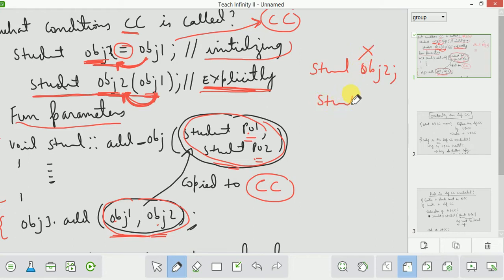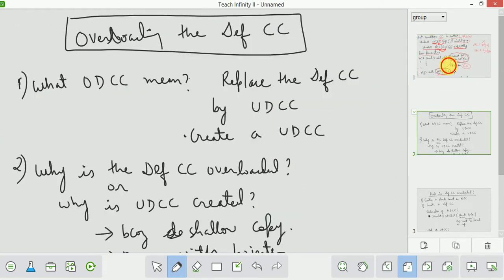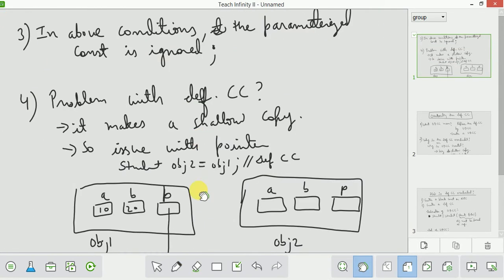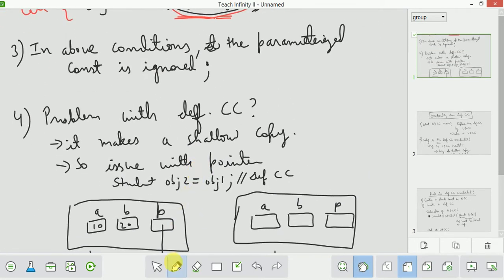I will have to pass values when creating it. But when I am using this syntax, the parameterized constructor will be ignored and your copy constructor will be called. So here we do not need to pass any values, because the parameterized constructor will be ignored in all these three cases.